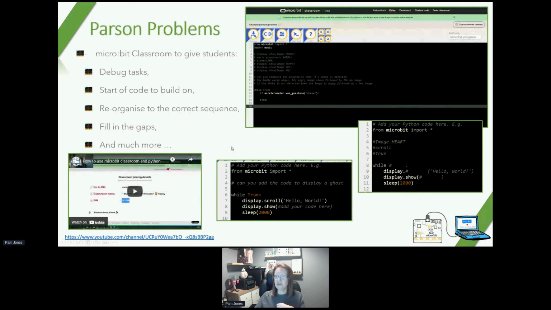Another option is using lots of different things. Parsons problems are one really good option to do. If you've not heard of that, it's a way of giving them the building blocks to be able to then create the program. So it could be like this one at the top right, which I'll show more clearly in a second,